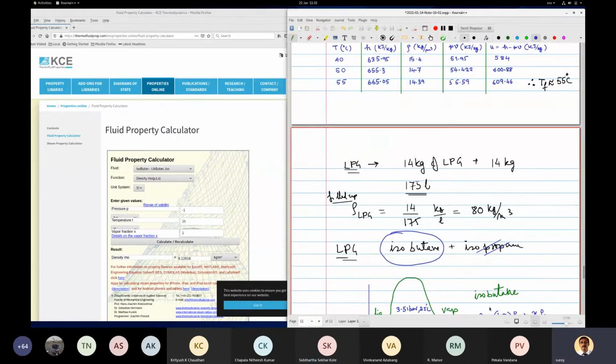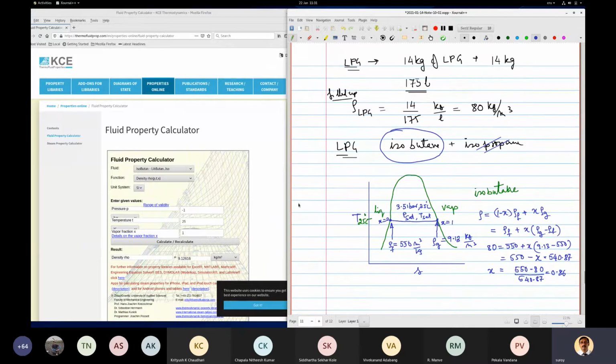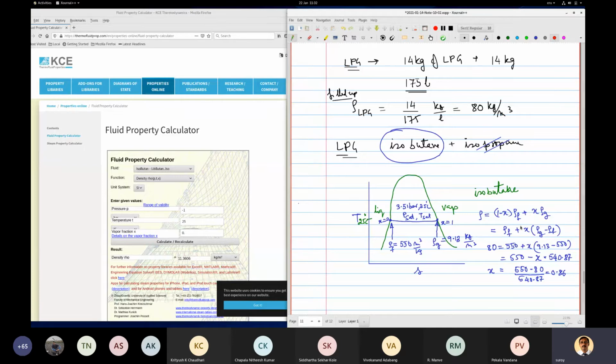Actually, they may have done some approximation. This is our approximate calculation, of course. Let us do it from here. These are real values, and these are our theoretical calculations. So let us follow the real one. This is for real gas, and this is for ideal. This is what we get, so I will write a question mark here. These are theoretical values that we are getting.